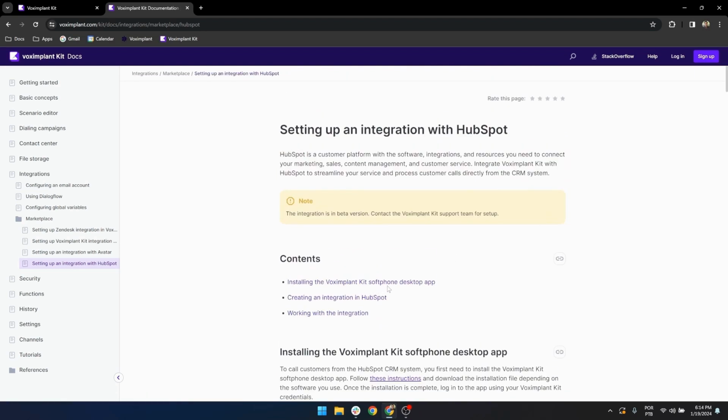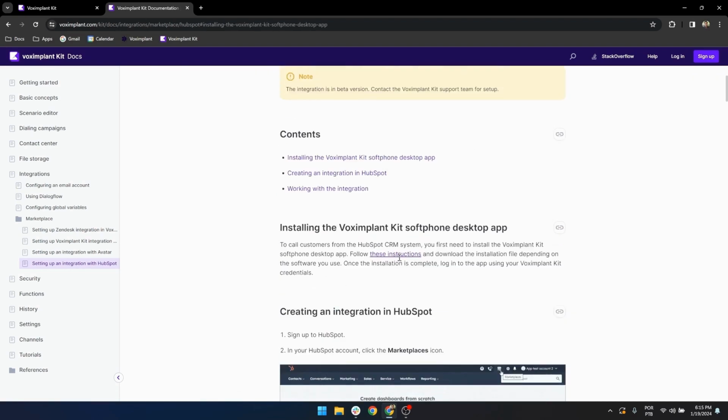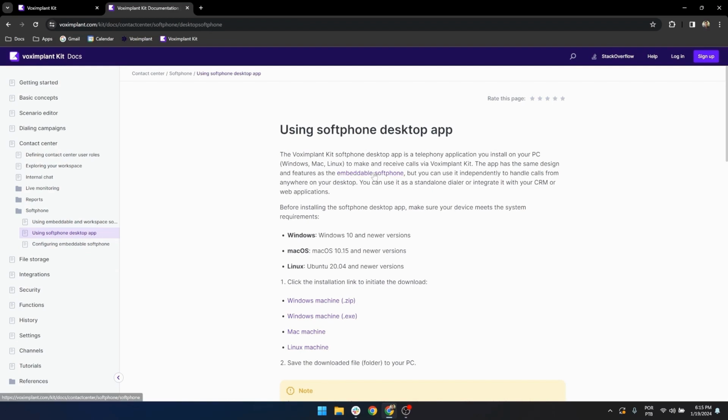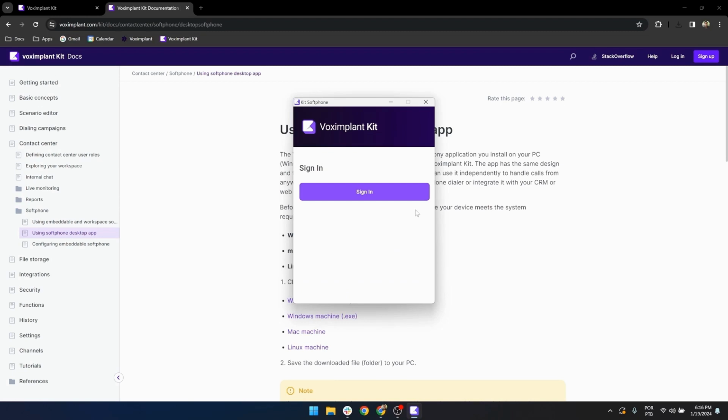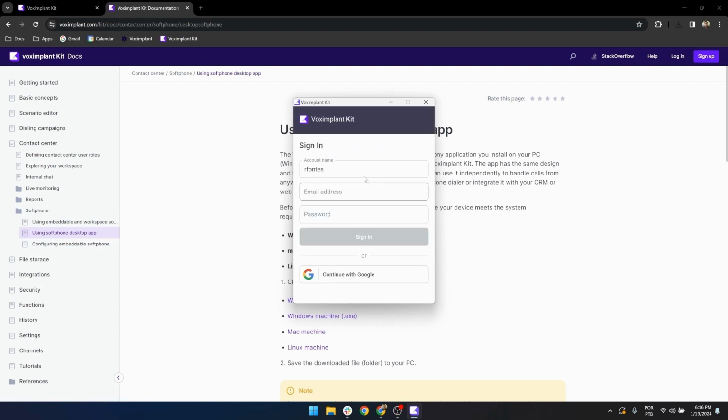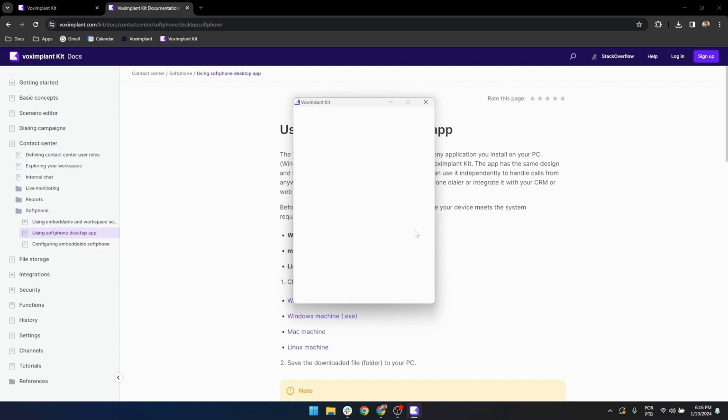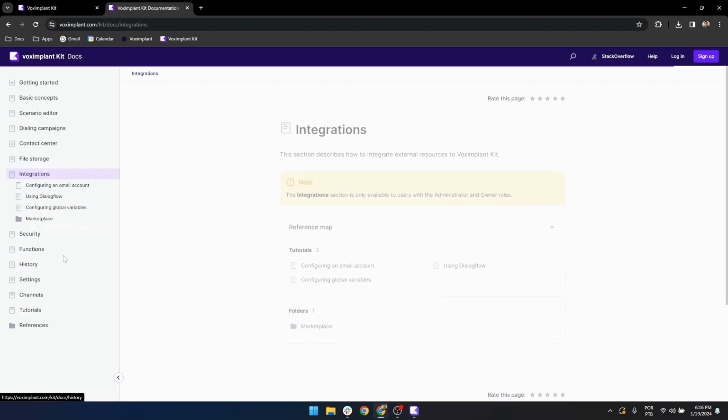So the first step is to install the platform software here. For that, we have this link that takes us to the download screen where we are going to select our operating system here. And at this point, we are going to proceed with opening it. The installation process is extremely straightforward, requiring no additional settings or configurations at this moment. We will proceed to log in using our Kit platform account credentials. Currently, I have my software installed, and we can proceed with our step-by-step integration of HubSpot without any delays or